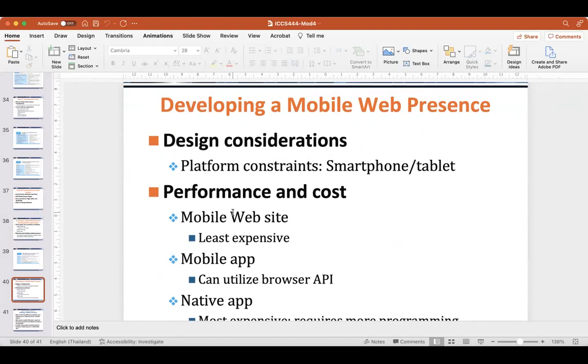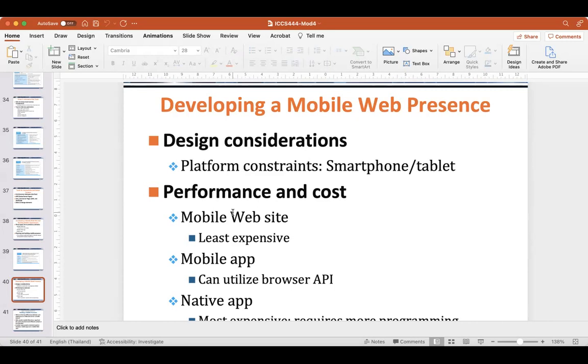think about platform constraint, because right now you cannot expect that everyone will use a tablet. If you use a tablet, the size of the tablet is just a little bit smaller than your computer screen, but the smartphone screen is smaller than the tablet. If you say that on the tablet you put everything, including choices or the options for customers to choose, you may not be able to use the same ideas with the smartphone